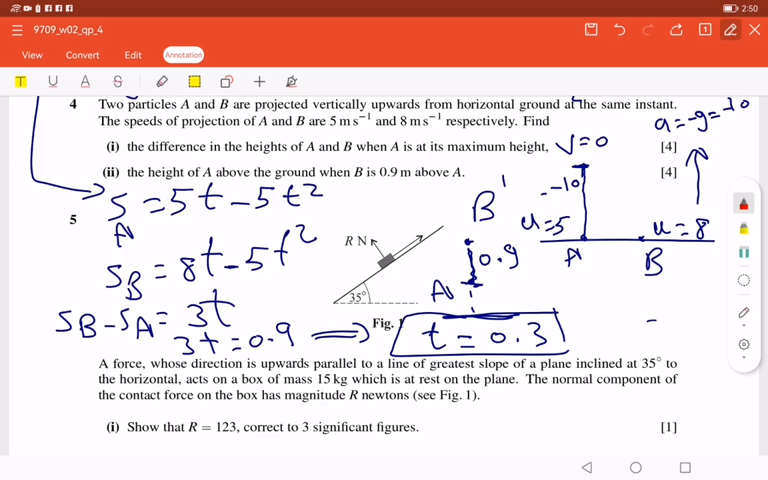The first item, show that, means you must find this number, you must find this answer. You can't find any other number. Show that R equals 123, correct to 3 significant figures. Is it okay? To solve here the first item,